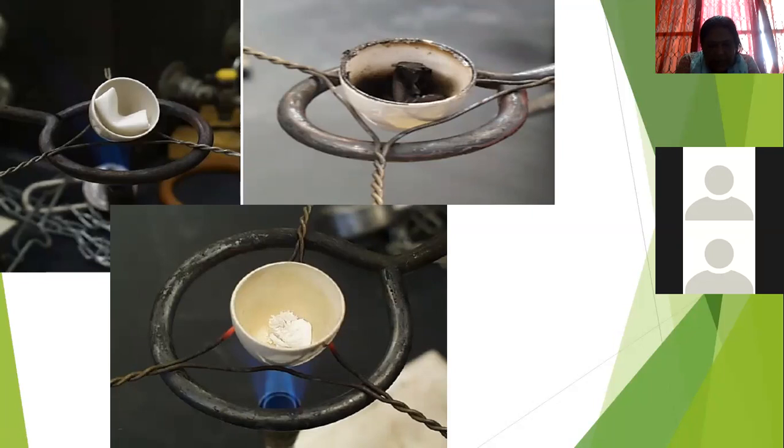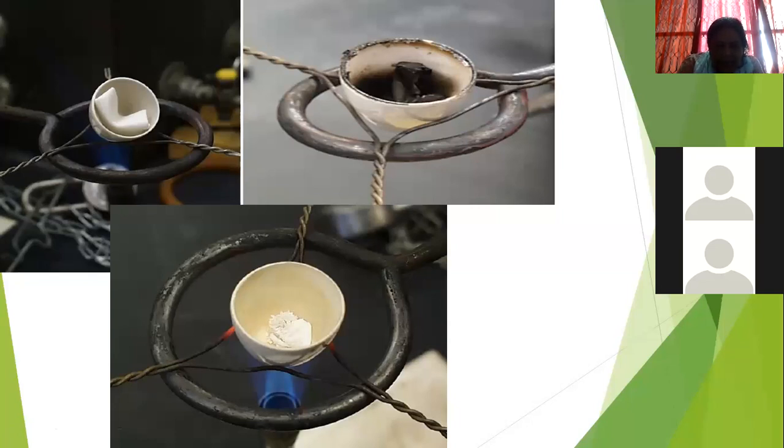Once you have filtered everything, you have the precipitate in the filter paper, then you put it in the crucible. But before you put it in the crucible, this crucible should be heated, cooled, and the weight should be taken. So in this experiment, so many things, it is teamwork. So you heat the empty crucible, put it in the desiccator, take the weight, again heat it, again put it in the desiccator, take the weight. So 3 times you will have to take the weight to ensure that you are taking the weight correctly.